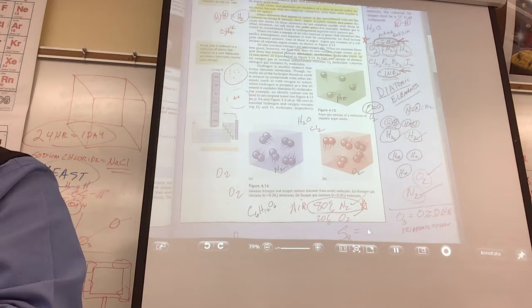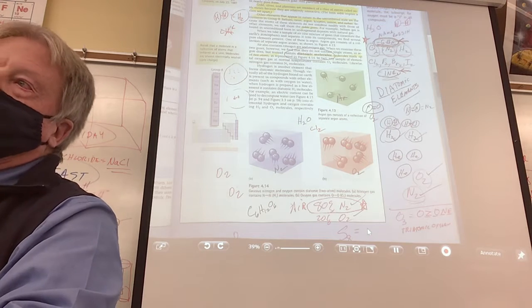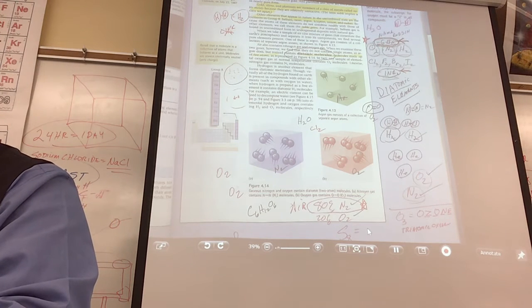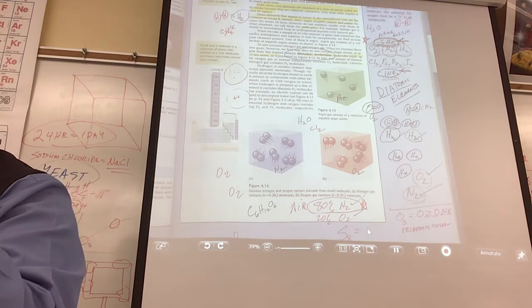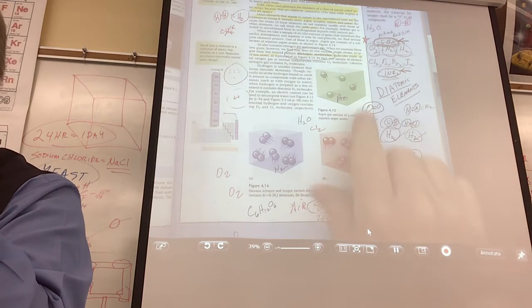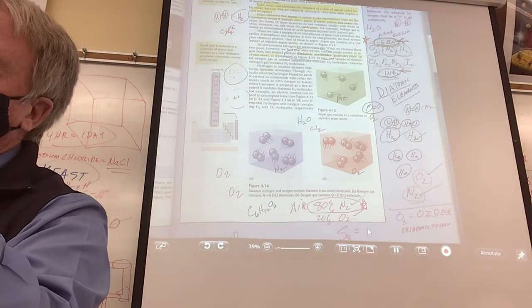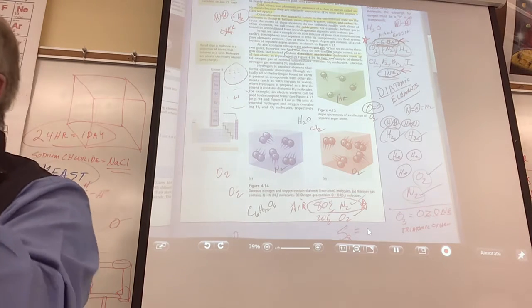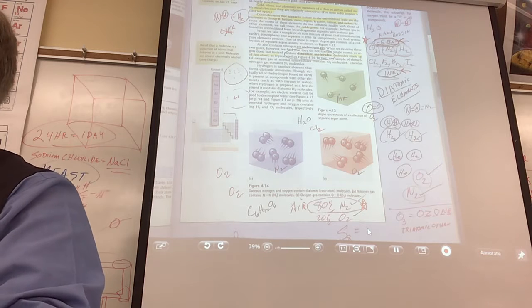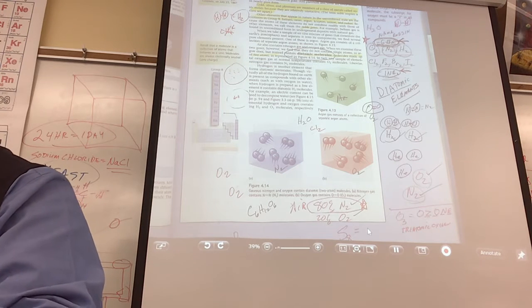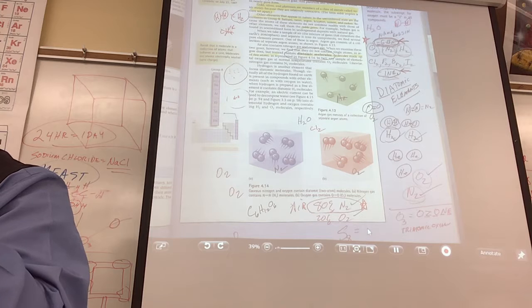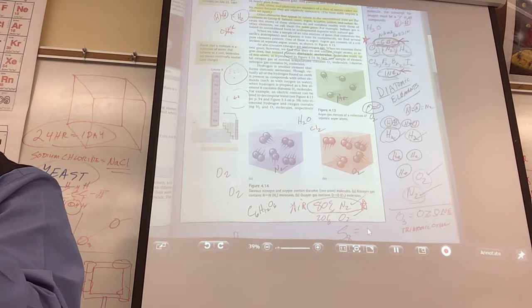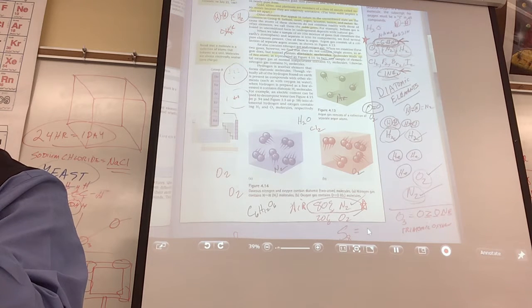Now, we know about elements, right? And most of the elements exist as single atoms next to single atoms next to single atoms. Like if I had a balloon full of argon gas, it would be a little argon atom, another one like that. And that's what most elements are. But God, he wanted more variety. And he made some elements diatomic. What does that mean? Two of the same kind bonded together, right? So he actually made a compound out of it, even though they call it a diatomic element.